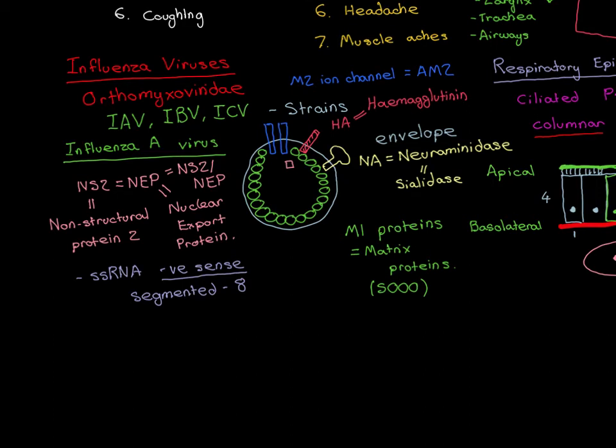We do not have enzymes which can go along a piece of RNA and synthesize a complementary piece of RNA, which are called the RNA-dependent RNA polymerases. Therefore, the influenza A virus is going to have to bring in its own enzyme to do that, and indeed each segment of the RNA genome here is going to have its own enzyme for doing that. So actually,